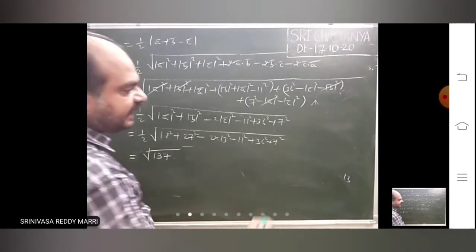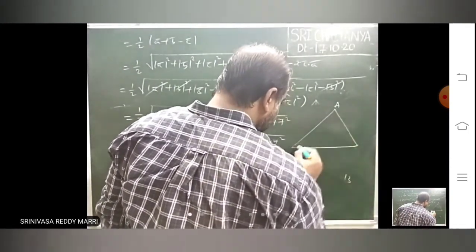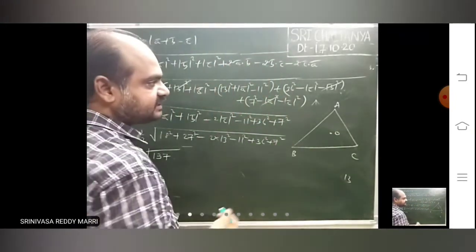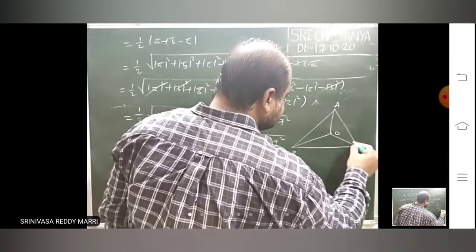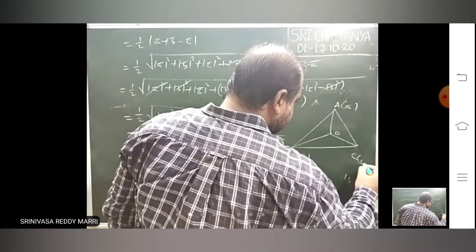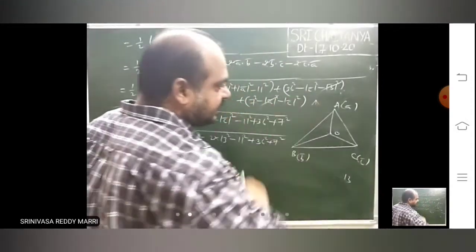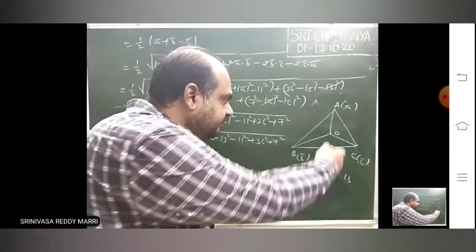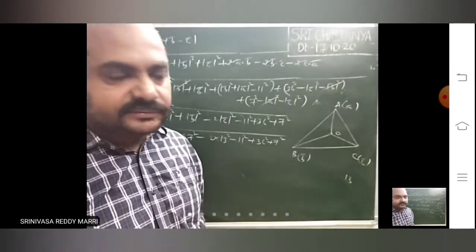Like that, whenever a tetrahedron is given, the first step regarding any problem is that you take one vertex as origin. The approach will be: take one vertex as origin, then assume position vectors, and then see what condition he is giving you and what he is asking you to calculate. If you assume the position vectors, then the problem will become easy. Geometrically, solving that will be a difficult problem.